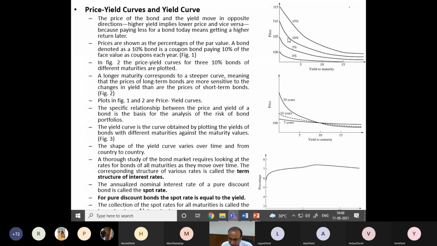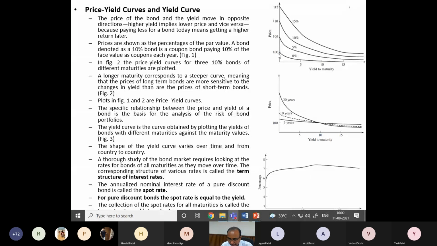If we see the graph of this bond, usually this is the shape of these graphs in most practical cases. You can see if the present price is higher, the yield to maturity will be lower. Also, the higher coupon rate bond gives you a higher yield to maturity, right? The higher coupon bond will give you a higher yield to maturity if it is priced at some reasonable level. Otherwise, if it is priced at a very high value, then it will not give you that much yield to maturity. We can see here the first bond trading today at 100 rupees, but not giving any coupon, 0% coupon.